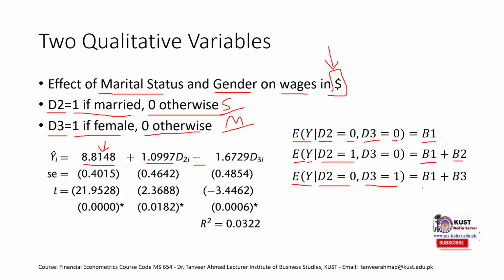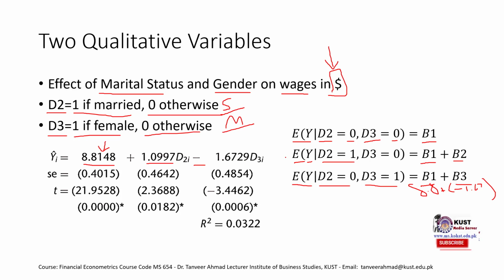So in that case, the expected salary of that individual would be B1, which is the constant 8.81, plus B3. So it would be 8.81 plus minus 1.67. So that means the female would earn